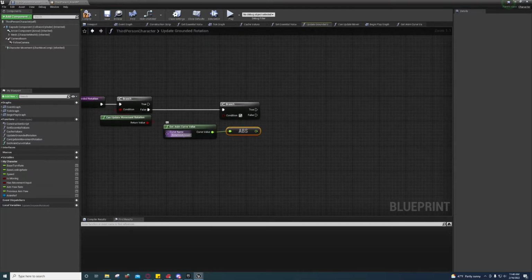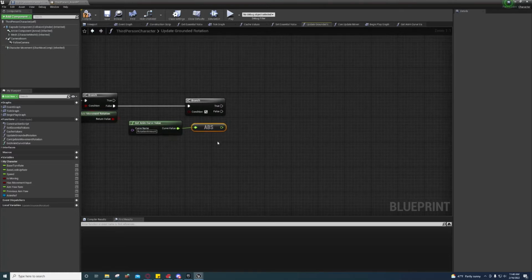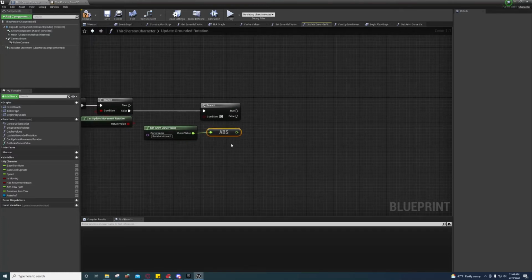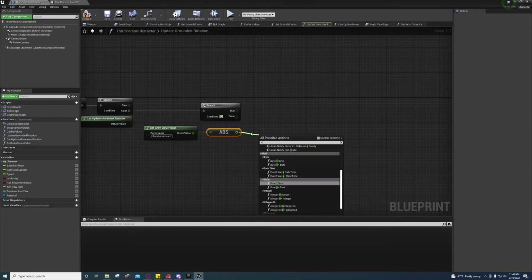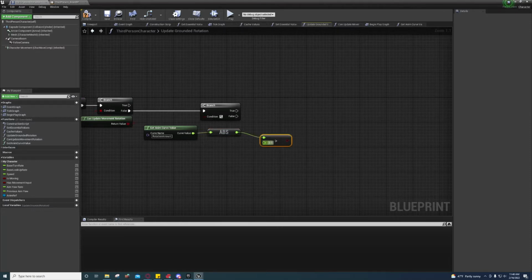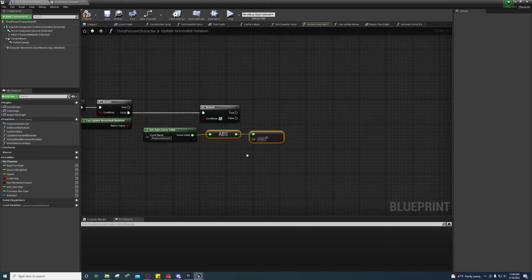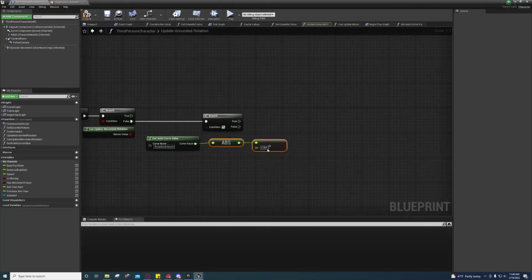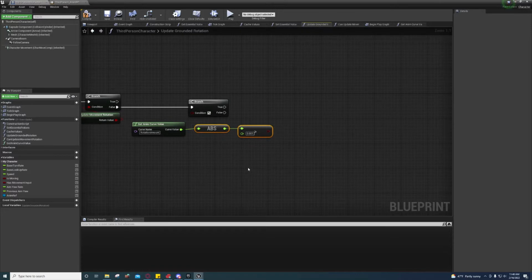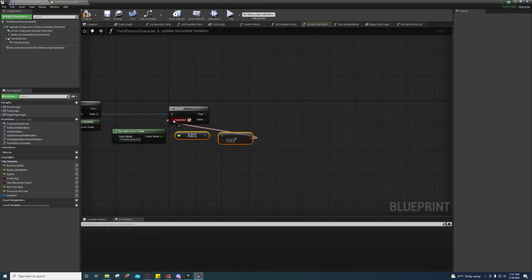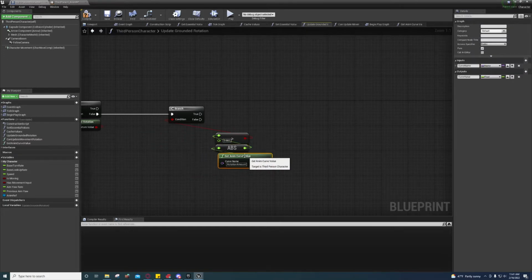Now remember, I explained to you how the rotation amount curve works before, so I hope you remember how that works. Now off of this, we're going to say greater than, and we're going to say 0.001, just an arbitrarily small value, so that we know that it's not 0, but it's, you know, somewhere above 0. And that's what we're going to use here. Actually, I'm just going to do mine like this. You don't have to, but